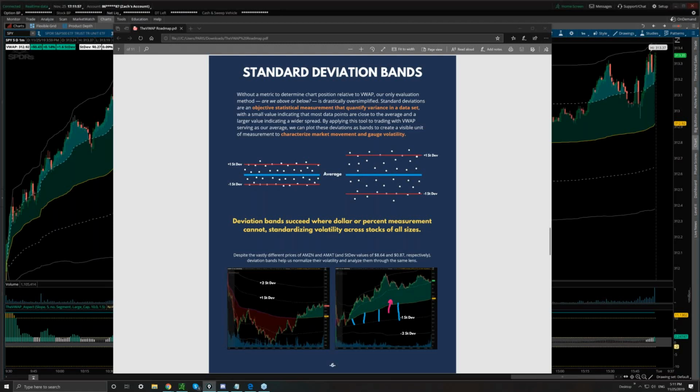So that's why the lower standard deviations on this trending chart don't seem to be as responsive or moving in lockstep with VWAP's rise. It's because for every bit that is pulling the deviation bands higher, because VWAP is moving higher, the size of the deviation bands are getting bigger and bigger and bigger.